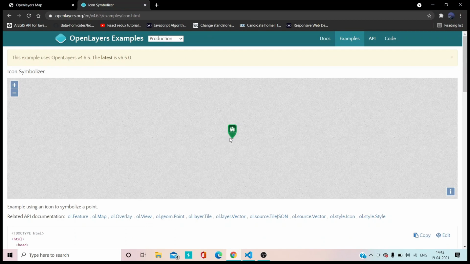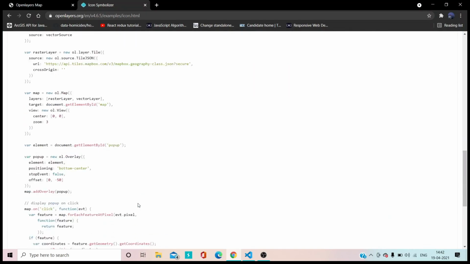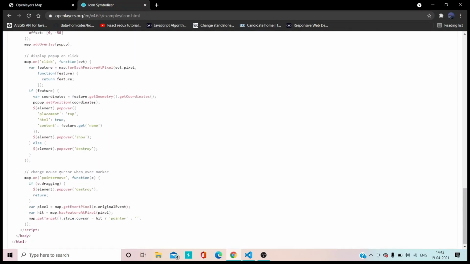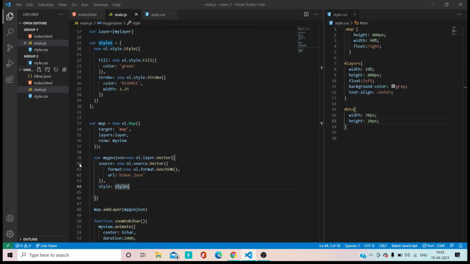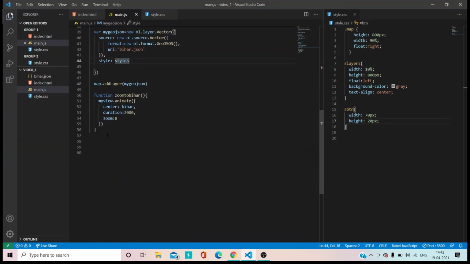So what is happening is once my cursor comes over to this point, the cursor is changing. This is what we need to add in our code. So let's see what they are doing. Yeah, so change mouse cursor over marker. So this is exactly what we need. So let's copy this thing and add this to our code.